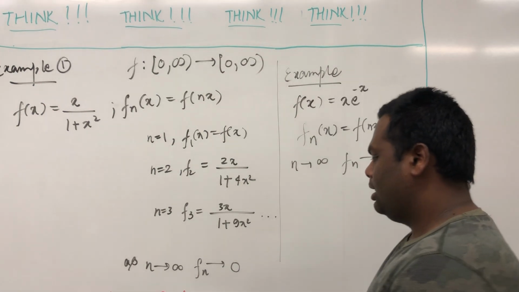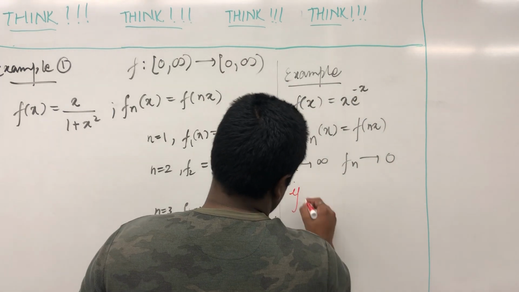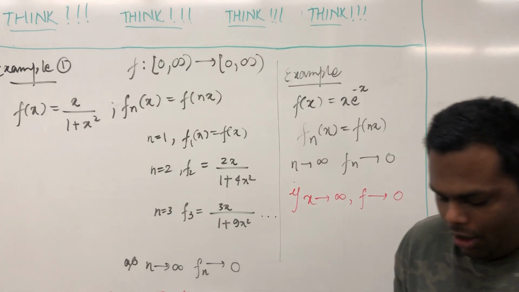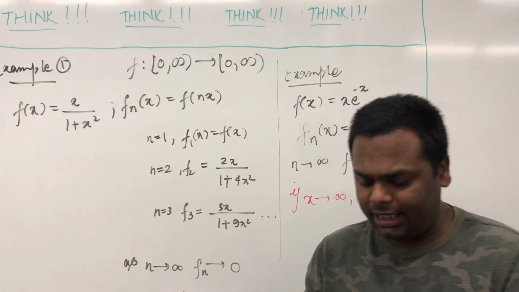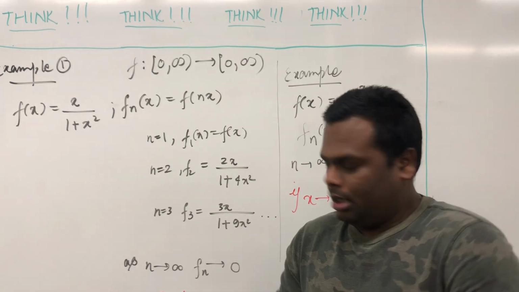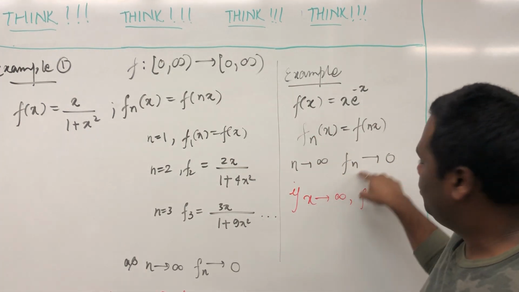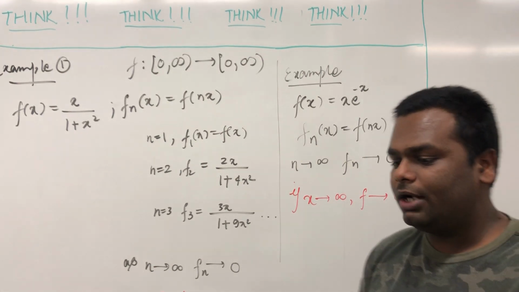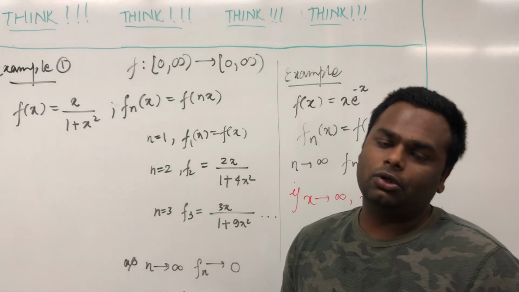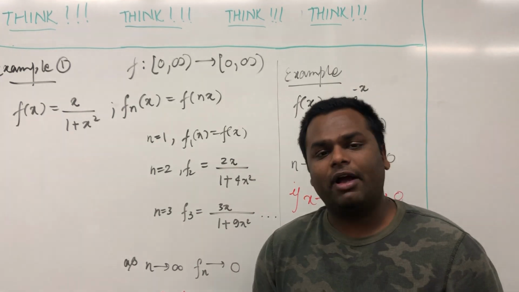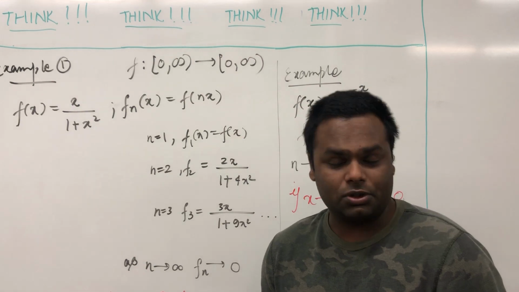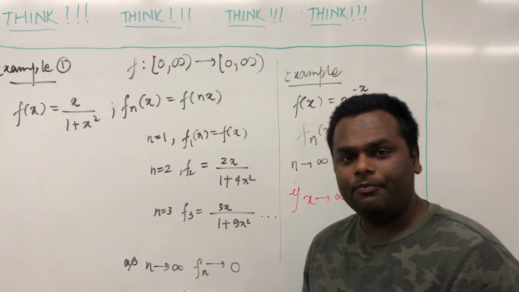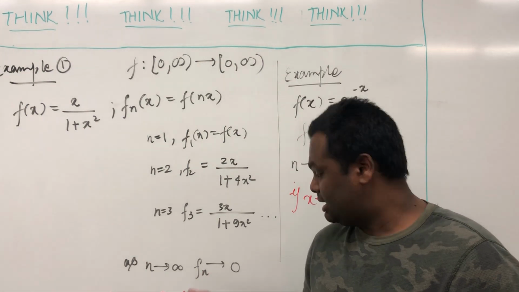And again, we see that if x goes to infinity, then f goes to 0. So there we see that we have some connection between the sequence, which is fn, and the original function, right? If n goes to infinity, the sequence goes to 0, and if x goes to infinity, the function goes to 0. So we see that we have some connection between these two things, and we'll try to prove these things